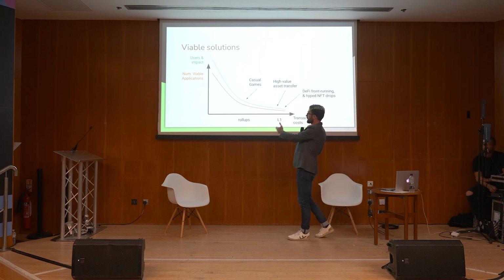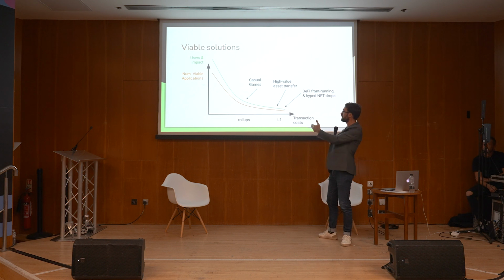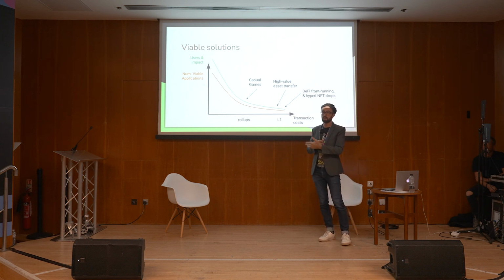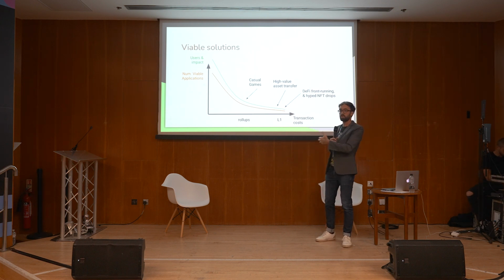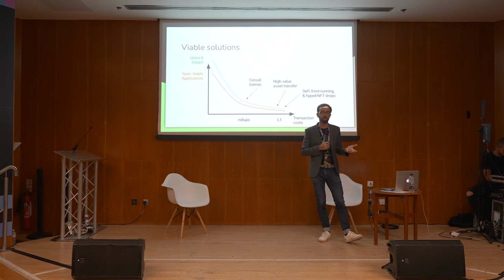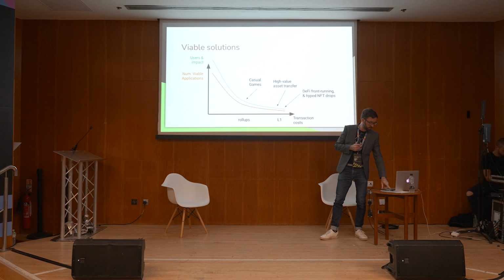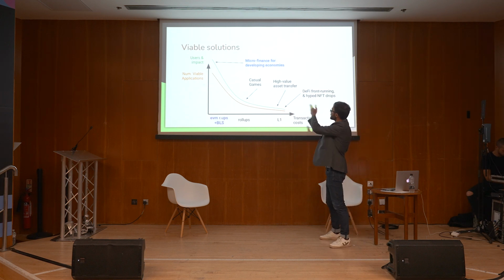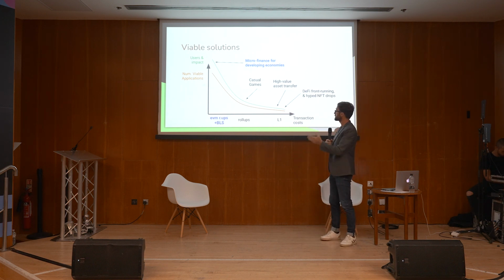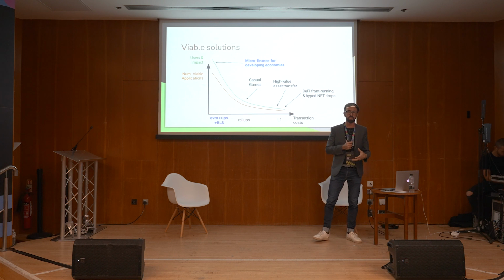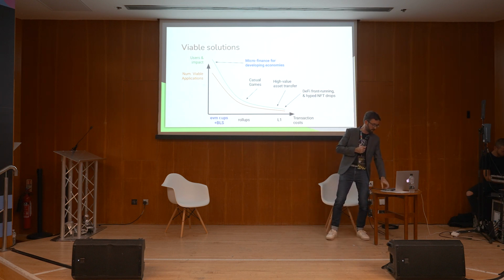So layer 2s make transactions that much cheaper so that things like casual gaming can afford to pay some cents or under maybe $1 for a transaction. It's worth it for games to do in-game assets and transact them at $1 a transaction. But what we really want to target here is this: the only way to get, say, microfinance for developing economies is if transactions are sub-cent. I'm not saying we're there yet with the project I'm working on, but there are some other EIPs that come into play that will bring it to that point, I believe. So that's what we really want to aim for. We want to really explode the number of viable applications that can be built and secured on layer 1 Ethereum, not just a faster, smaller blockchain.